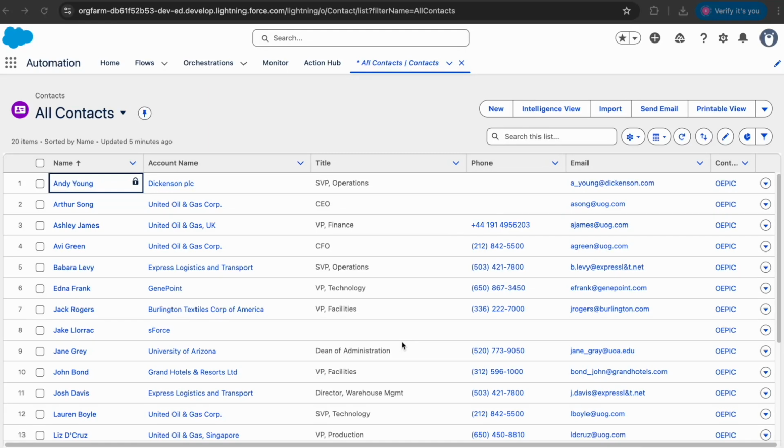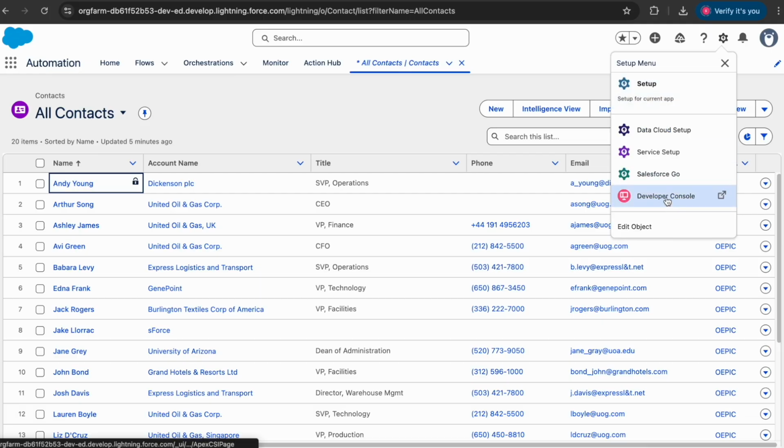And for our demo purpose, I'm going to create contacts. So right now I have around 20 records under the contact object. So I'm going to create 100 additional contact records. In order to do that, first you can click on this gear icon and click on this developer console,